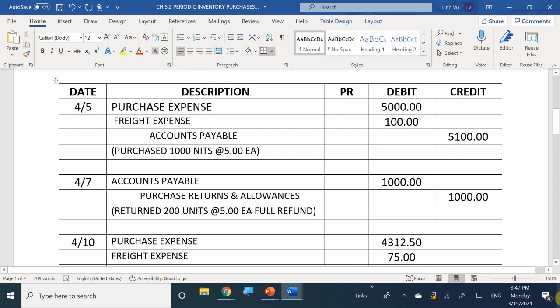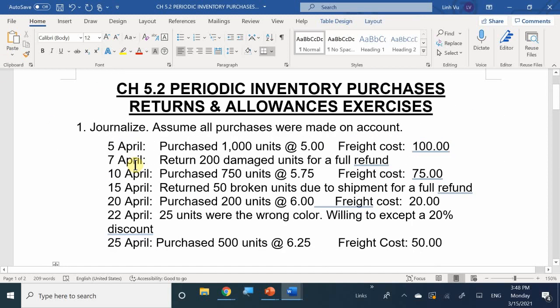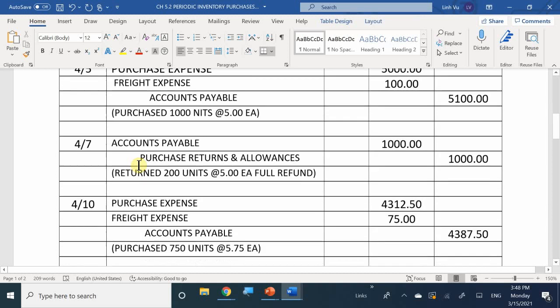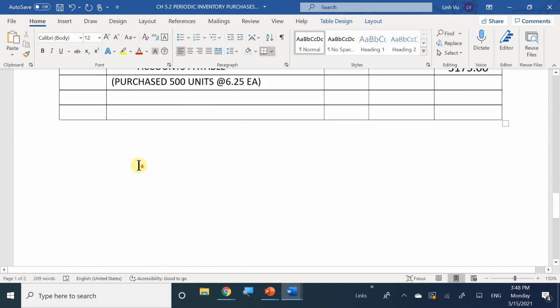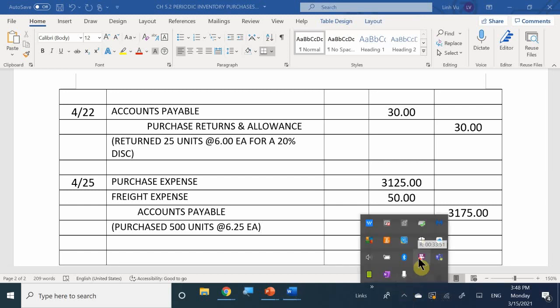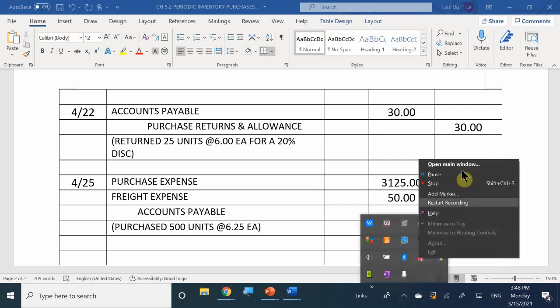Okay. So with that being said, excellent job, everybody. Any questions in regards to purchases or returns and allowances, discounts, anything that we learned today? Okay, perfect. Excellent. So again, things that we're going to look forward to tomorrow is now that we finally understood how